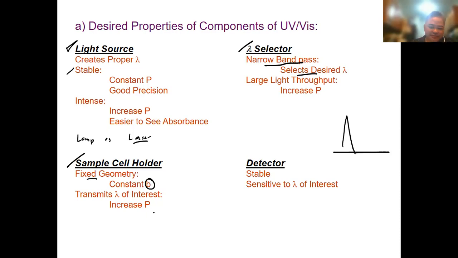So dyan papasok yung difference ng quartz, glass, and the plastic. Right? Which one can you use at all wavelengths? Alin dyan yung pwede mo gamitin sa lahat ng wavelength? Okay, you will know later on. So, saan gagamitin yung quartz, kailan gagamitin yung glass, at kailan gagamitin yung plastic. And then,